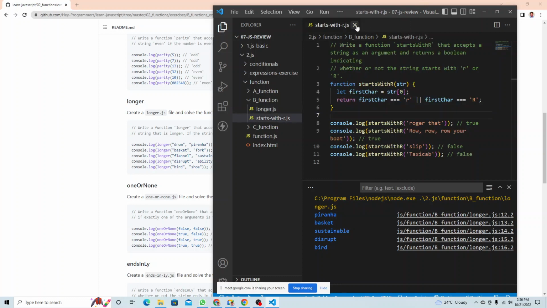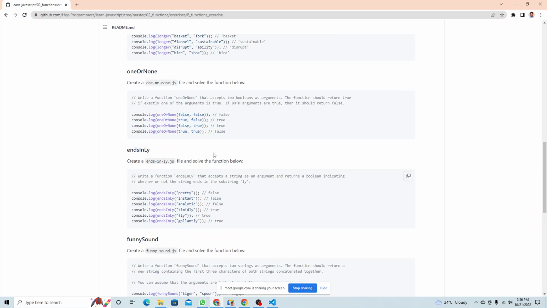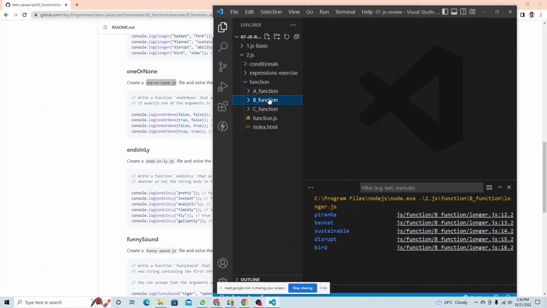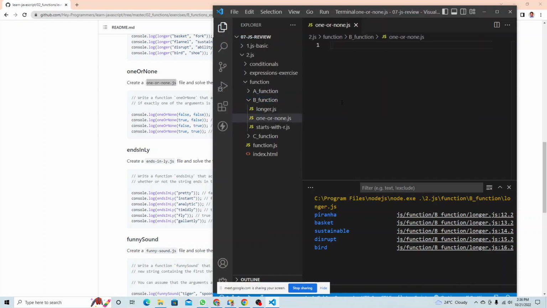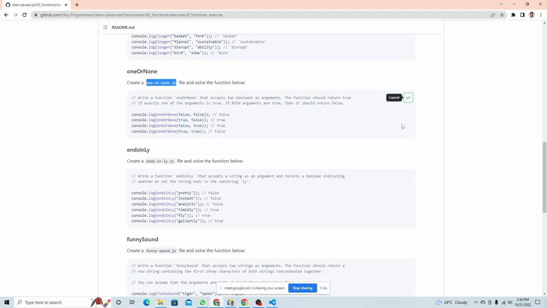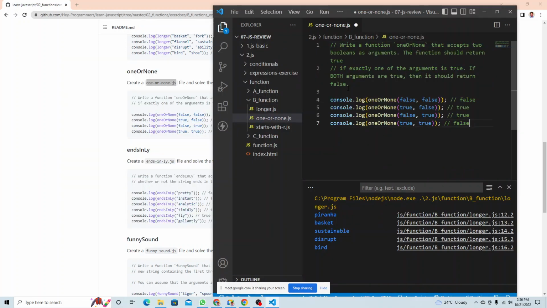Okay, let's close that. The next one is what? One or none. This looks a bit tricky, but anyway, let's solve this also. One or none. One second, I have to close the door. Someone is making noise outside. Okay,